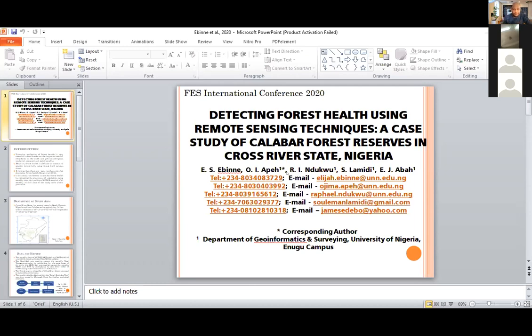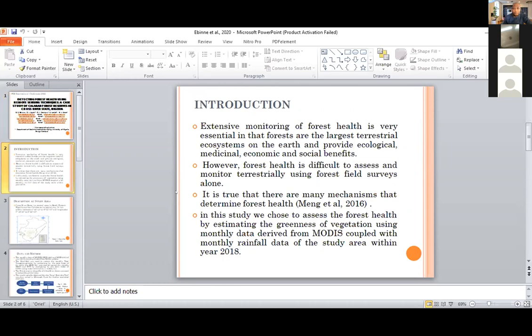The core question here is, how can we manage forest ecosystems sustainably? One of the key issues in forest ecosystem management is forest health. How do we detect or monitor forest health? Classically, this has been done using in situ methods, such as field surveys. But with the advent of remote sensing, we have a better option to detect and manage